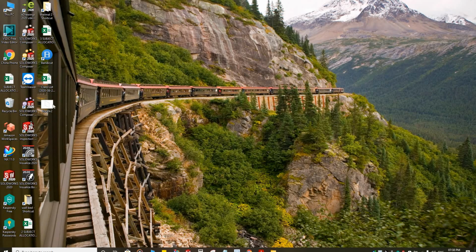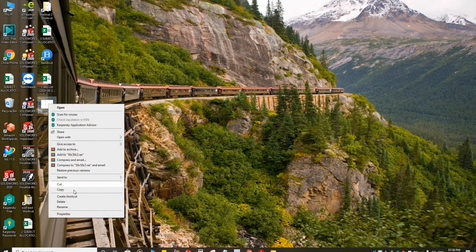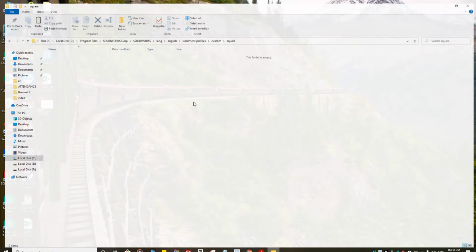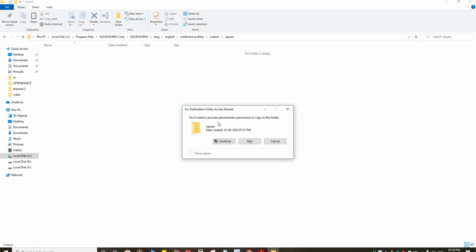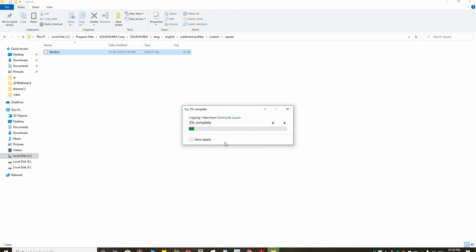Now copy the weldment profile you drew into this folder. My weldment file is there on the desktop. I copy this file, then paste this part in the square folder. It shows some permissions. Click continue.